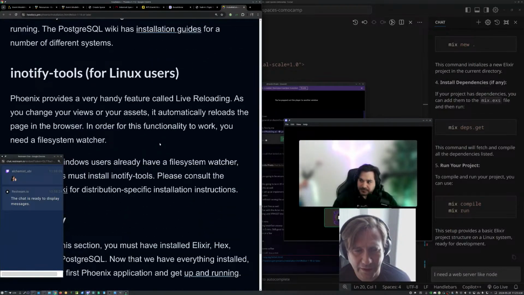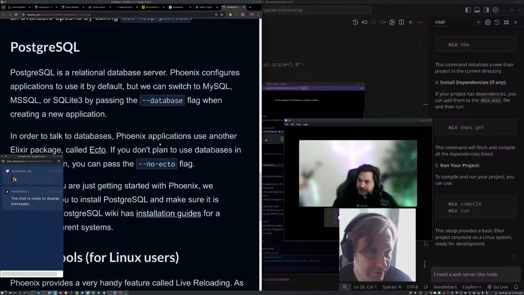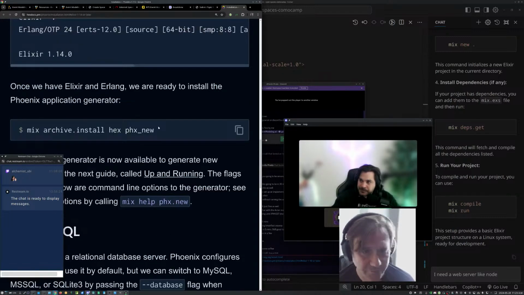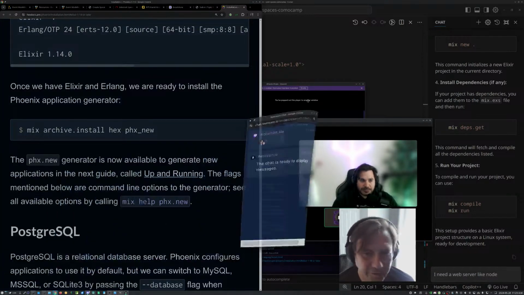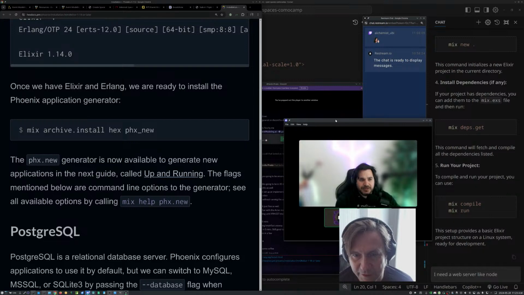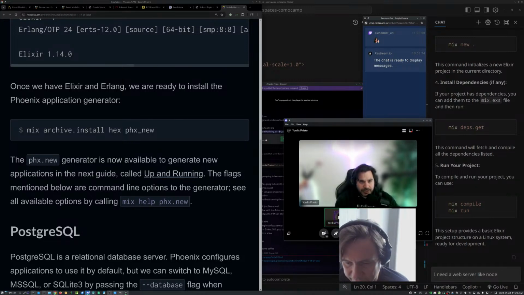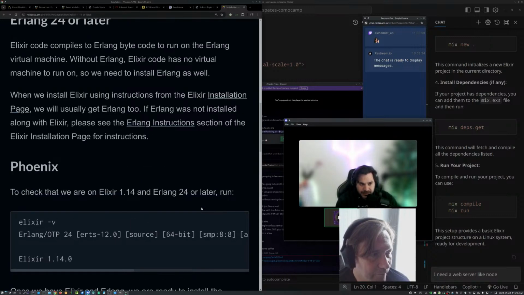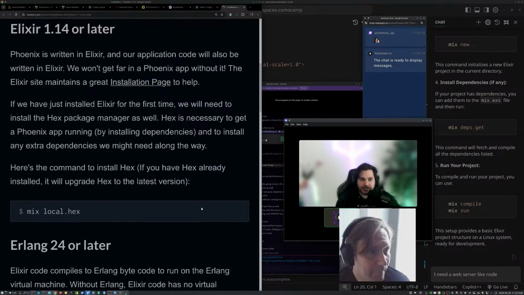I don't want any of this other stuff though, like Postgres. I want just the local file system, kind of duplicating what we're doing in Node. You know what I mean? You could do no Ecto, and then we don't have to use Postgres. That's just part of the generator.